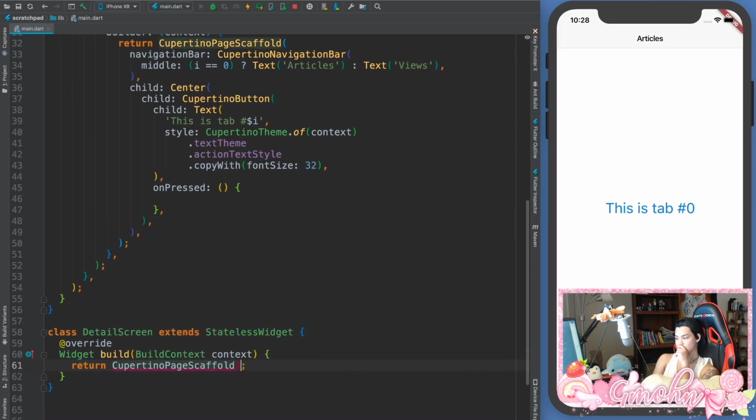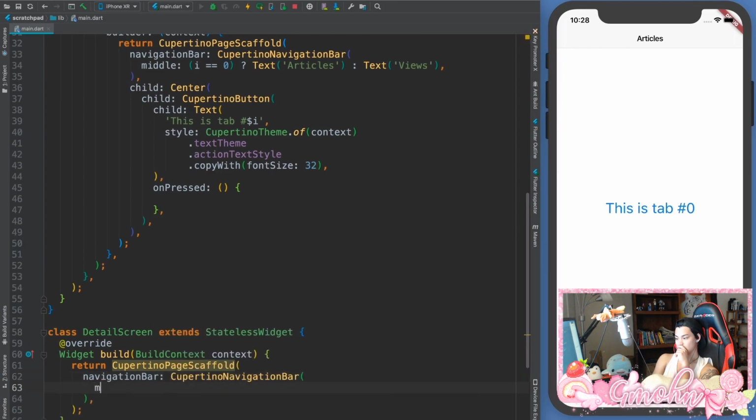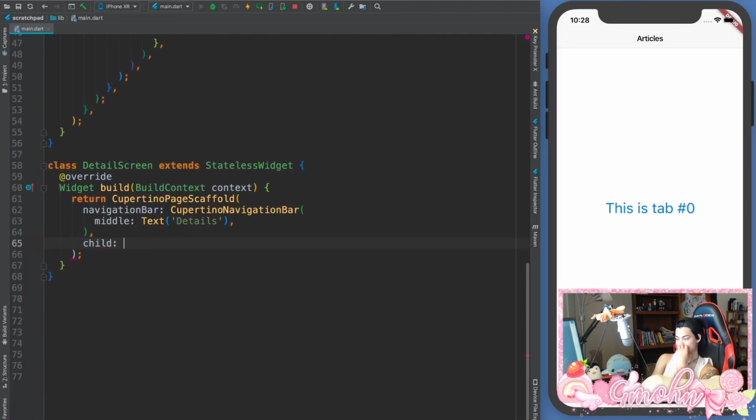And let's see, so this will be a page, so let's put a page scaffold in it. And we can add the navigation bar just like this. And for middle here, we've got to give it a title. So we can call it details. Of course, that needs to be a text widget rather than just a straight string. All right. And for the child,